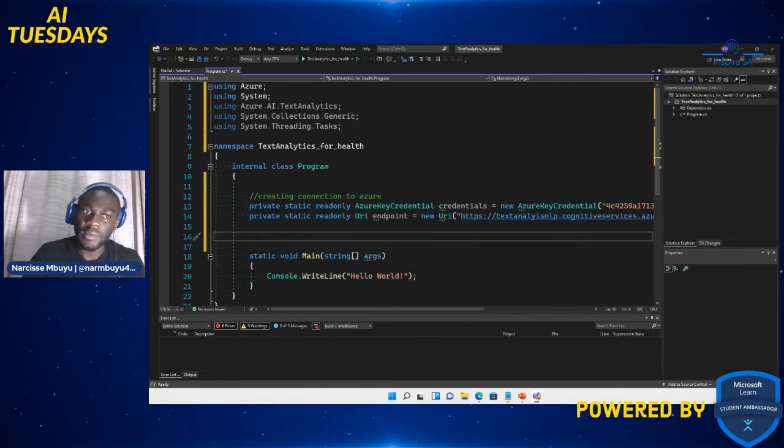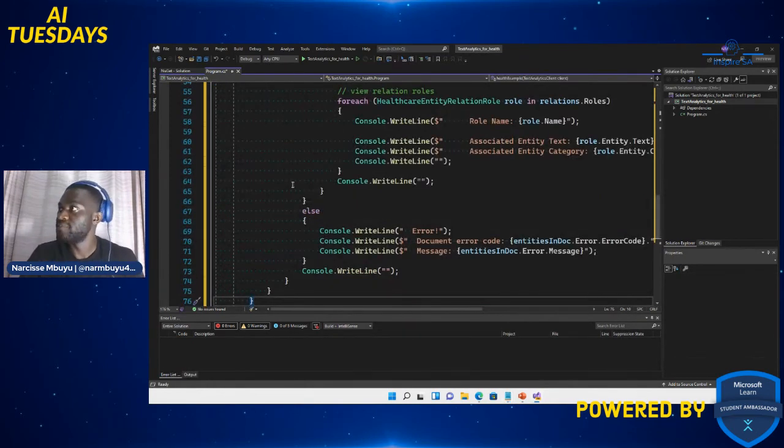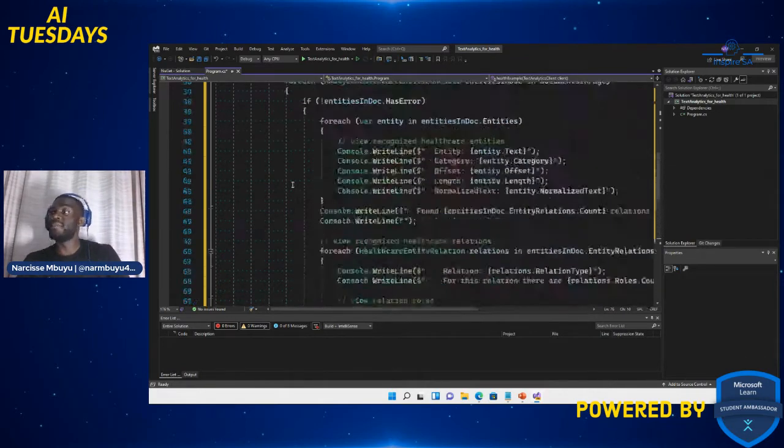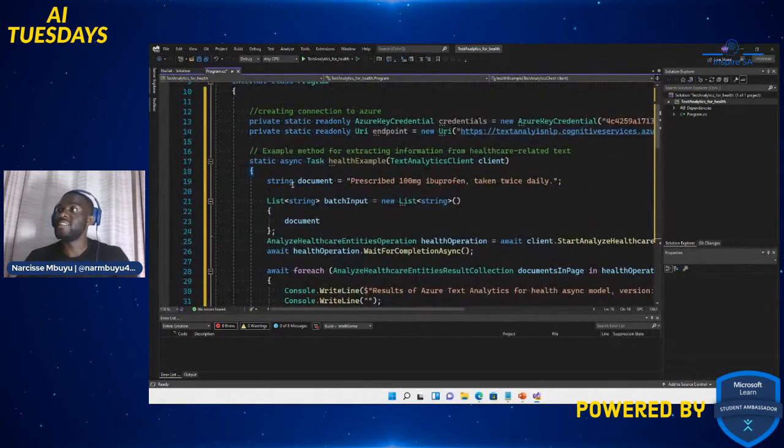So now I'm gonna create my method. It's quite a long method, but I'm gonna explain so that you get the hang of it, right? Whoa, so many lines of code. But let's explain. So the first thing, as I said, we'll be working with async methods. What is an async method? I'm just explaining right now. An async method is basically a method that has to work hand in hand.